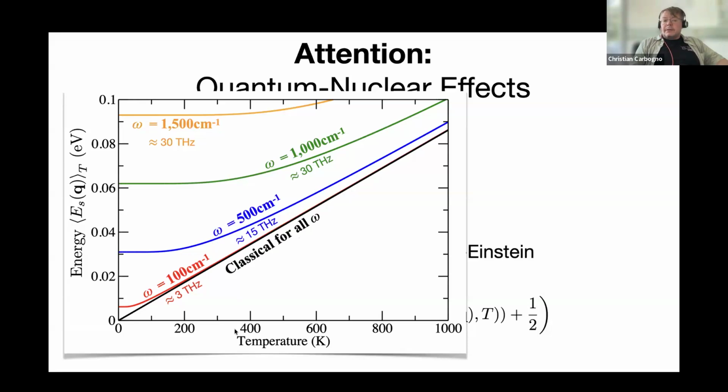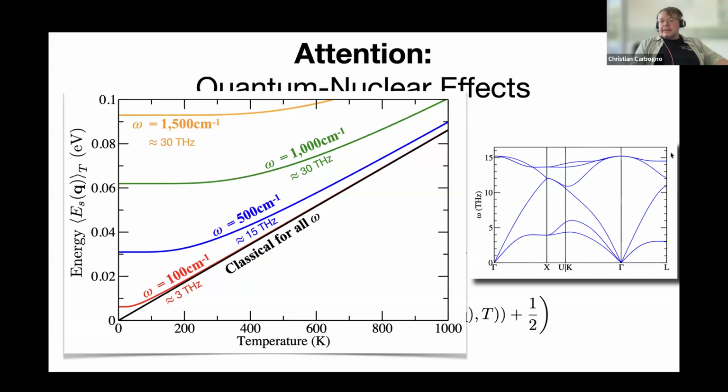And this becomes even worse if we go to higher phonon frequencies like 30 terahertz and more. So there, the zero-point motion dominates even at very high temperatures. If you now compare that to the vibrational motion we had in silicon, you see here we had optical modes already that were around 15 terahertz. So silicon is already a case where some of this quantum mechanical motion is still alive at 300 K.